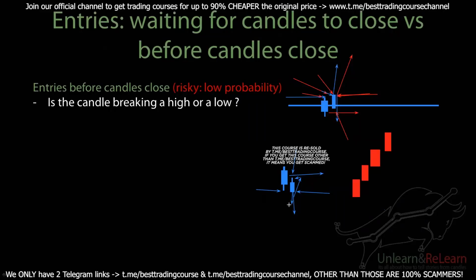This is mostly done with pairs that have a lot of volume, like TJ, GPCAD, gold, these very high volume pairs. Once they break the low and the candle is not closed, someone takes an entry and they continue moving down. Something like this happened in the Asian session on Thursday. After the big move up, it took a sell once it broke the low of the previous 30-minute candle, anticipating that it would continue moving down without breaking the previous high.